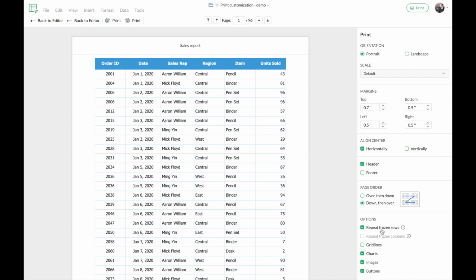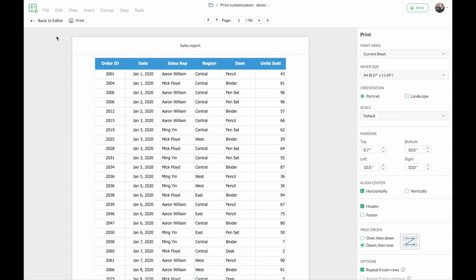And followed by that, as we saw previously, there are options for you to pick the elements that you want to be present in your printout and those that you do not want in your printout. So if you want, you can also include charts or exclude them from your printout. Now that we're done with the customization for this particular data, you can just go ahead with the print. So based on your use case, you can customize your data using these various options provided by Zoho Sheet and make your spreadsheet data understandable and comprehensible on paper too.